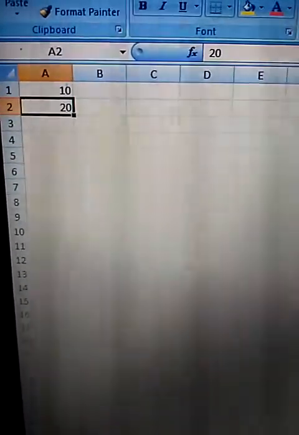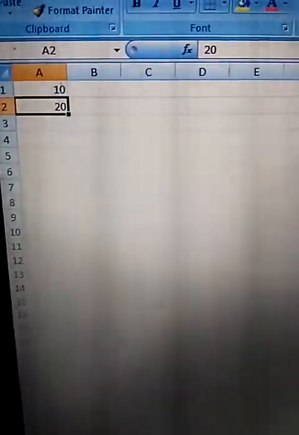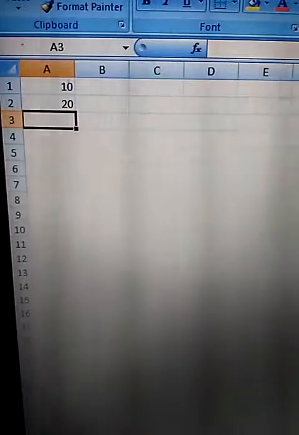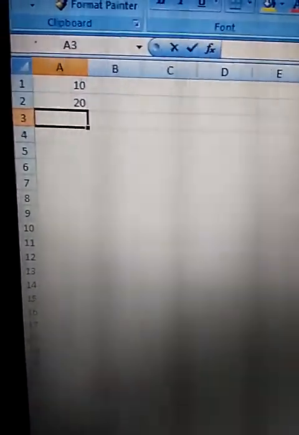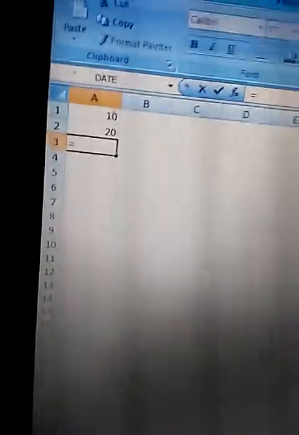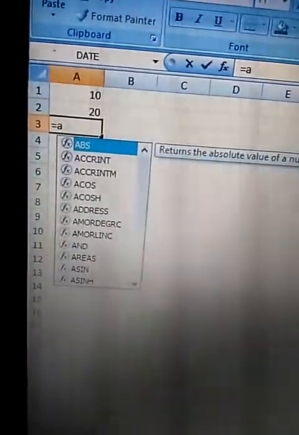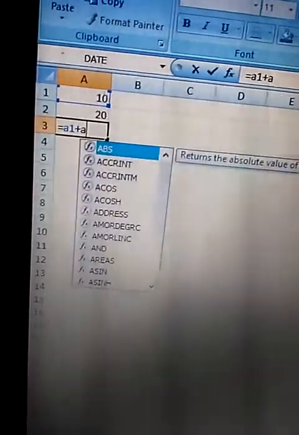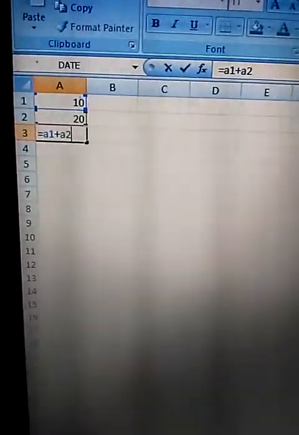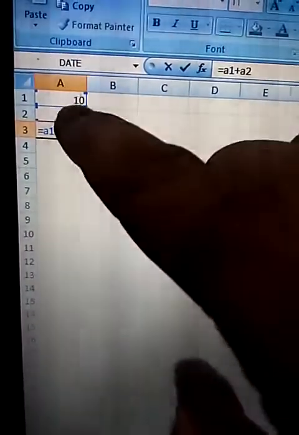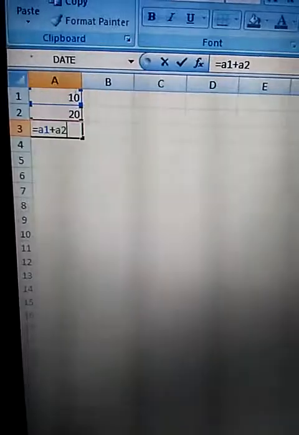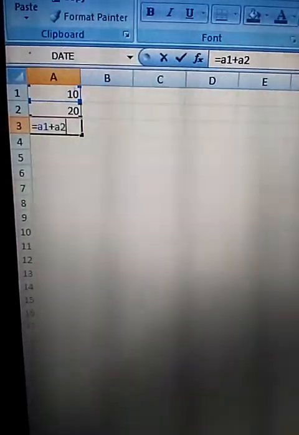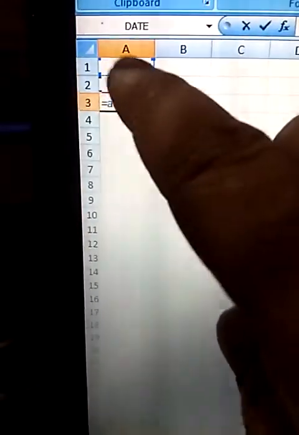Okay, so if we write a formula also, suppose I write equal to A1 plus A2. I want to add these two numbers, 10 and 20, so I am writing this formula, A1 plus A2, because this is the cell address A1 and this is the cell address A2.